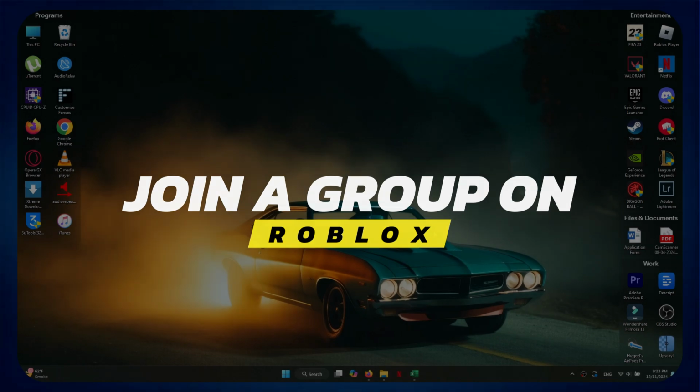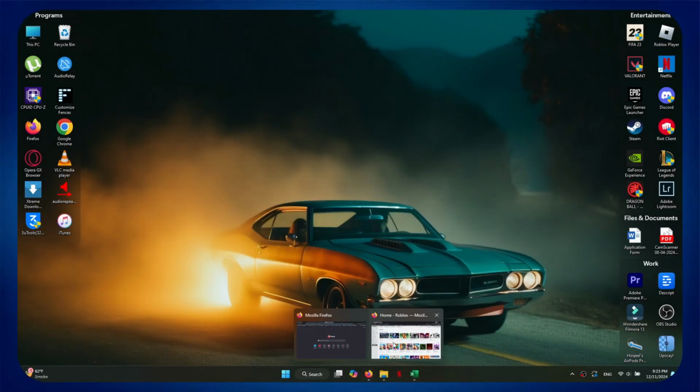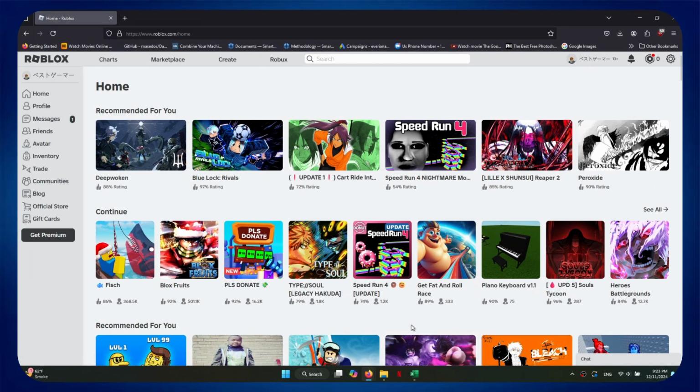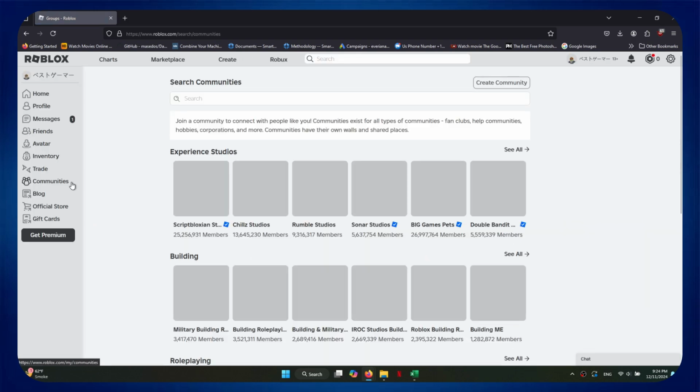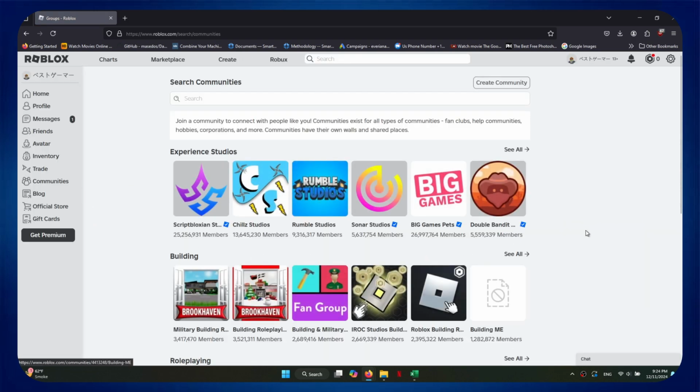Alright, let's begin. First of all, open any type of preferred browser and search for roblox.com. After that, sign into your account and you will be redirected to the homepage. Once you've done that, you want to come across to the left side menu, and there will be a feature called Communities. Note that groups are now renamed to Community, so just access it and you'll be taken across to